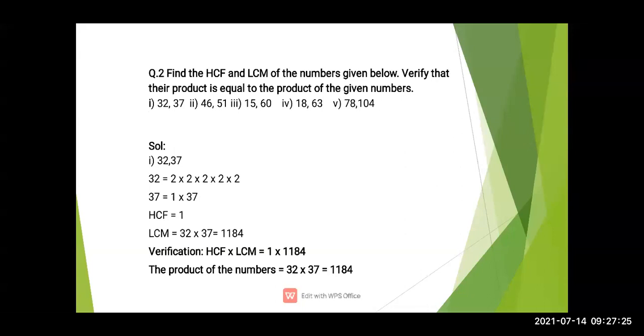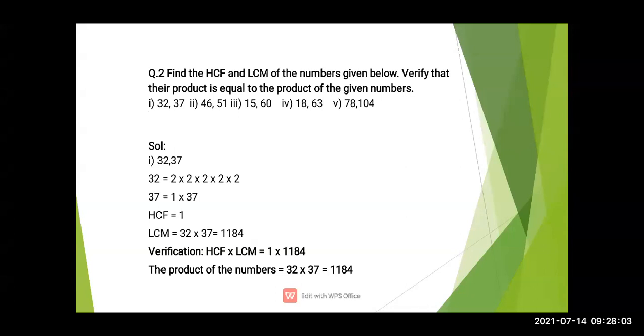HCF और LCM हमको पहला find out करना है by the method which I have told. HCF के लिए I told you to do separate, and for LCM you are going to do combined. LCM हम कैसे find out करते हैं? LCM is the common multiplied by uncommon, but for HCF we have to find only the common. जो common रहता है वही हमारा HCF है. LCM क्या होता है? LCM is our common multiplied by uncommon. This all we have learned in our previous lecture regarding the HCF and the LCM.